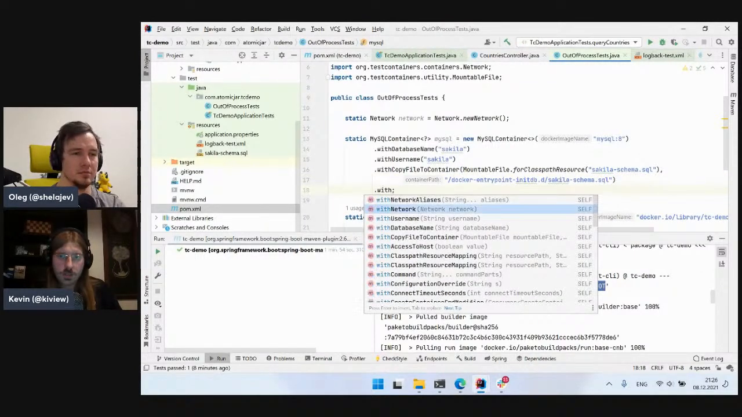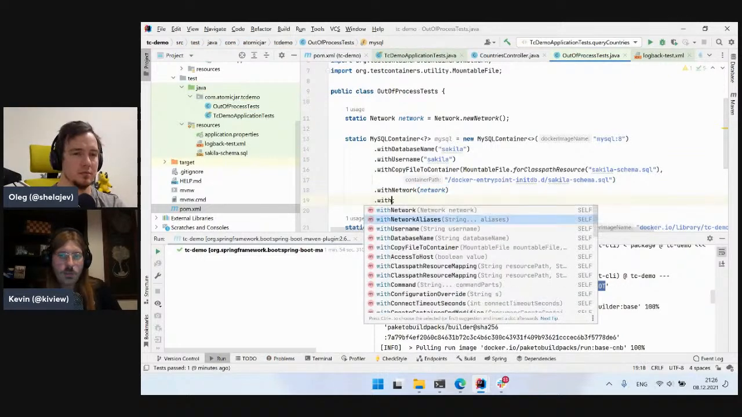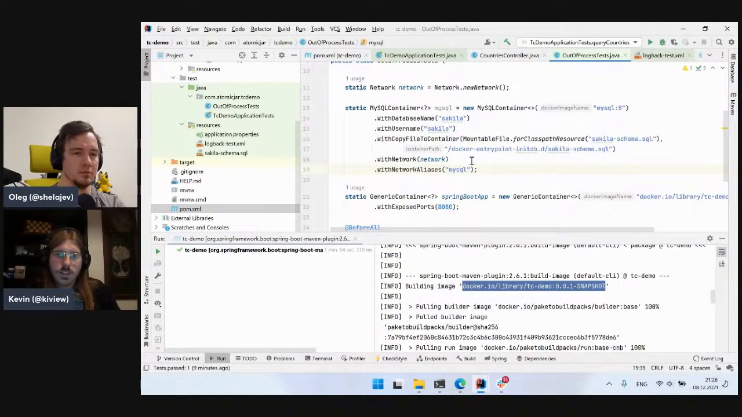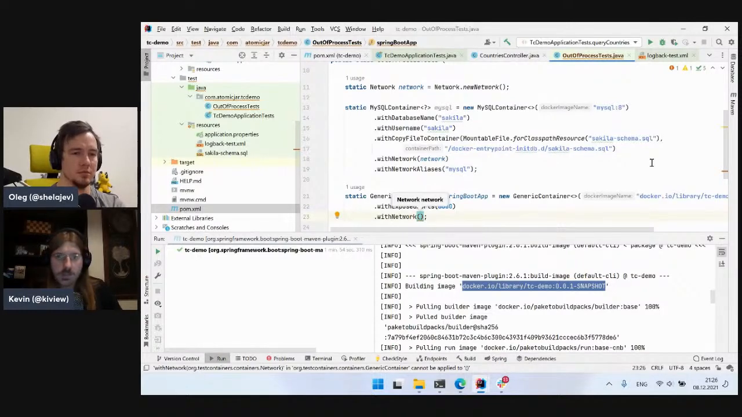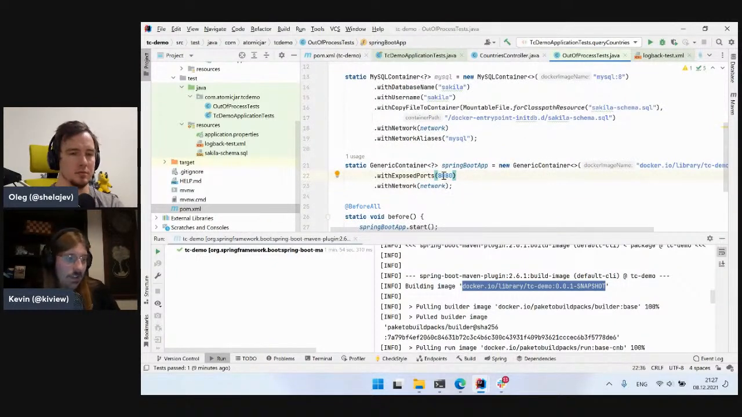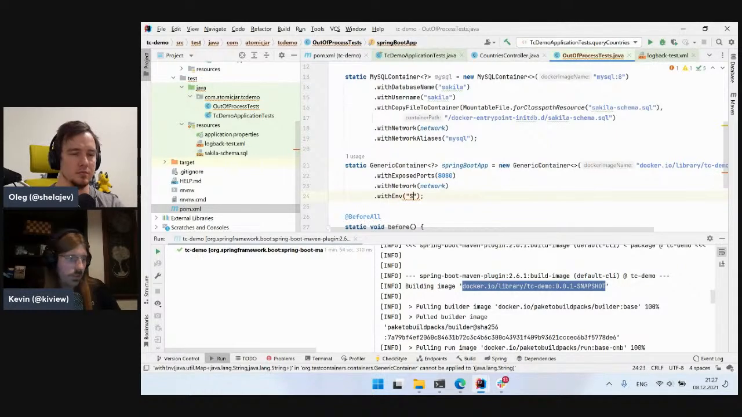We put this to the network. And then we give it a network alias. This is very nice because, thanks to Docker DNS, if our application is in the same network, it can reach this container over its network name, the network alias. So then in this case we can hard code the JDBC URL. This is the Spring data source URL, and this will then be